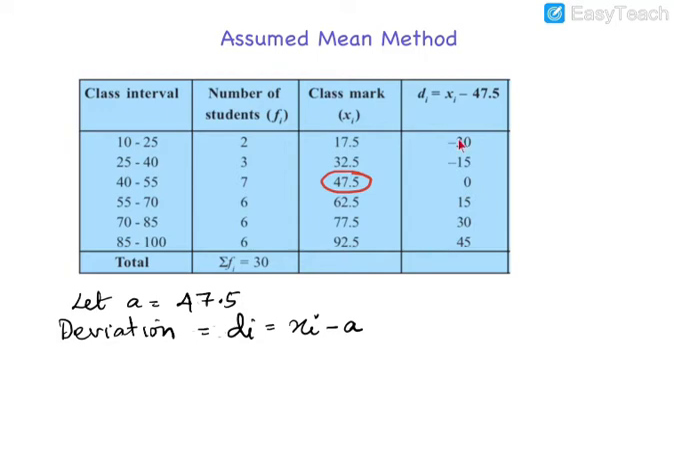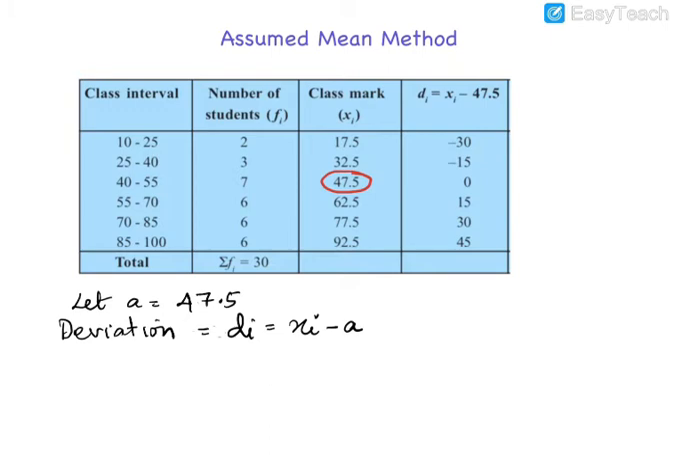So it will be minus 30. Similarly, the next one is obtained by calculating 32.5 minus 47.5. So we get minus 15. And 47.5 minus 47.5 will be 0. For the next value, we calculate 62.5 minus 47.5. So for each of these class marks, we calculate